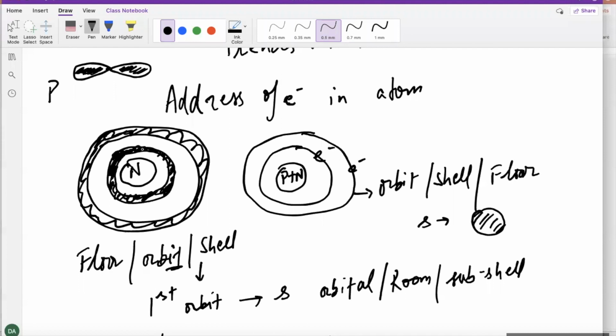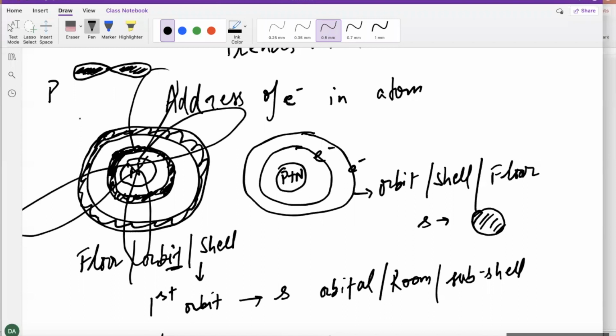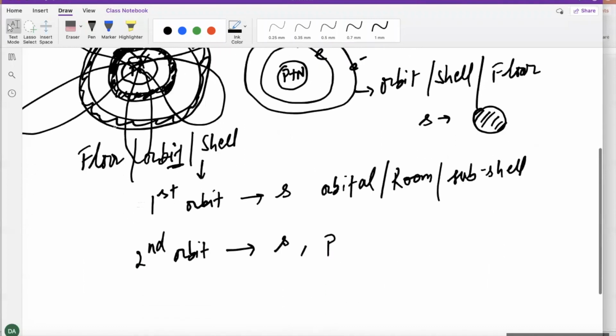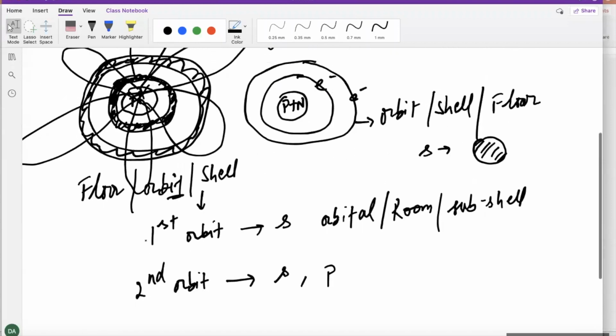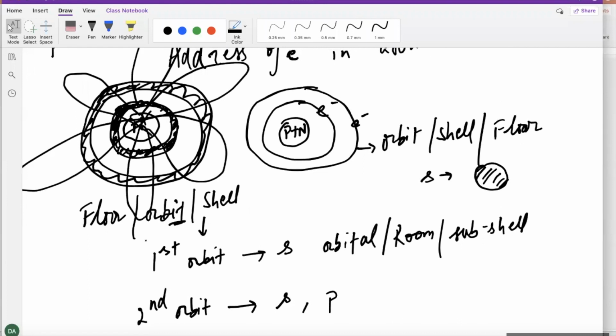So if I'm on the second floor, guys, there's a chance of finding the electron in this shape, okay? And this p orbital is not just in this one orientation, but in the x, y, and z-axis, okay? So I'm not going to be testing you on any of that on the exam. This is just to give you an idea of what is happening inside the atom and what we mean by these terms, orbitals. So orbitals are basically the electron clouds, which show the probability of finding the electrons,